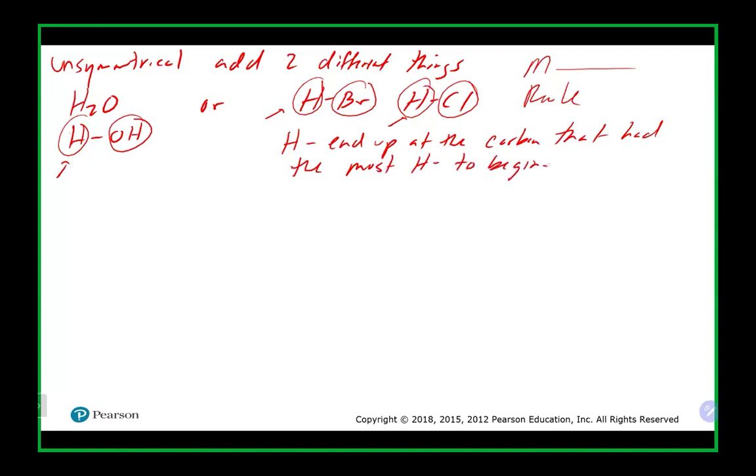Now, obviously, if there is no difference in the amount of hydrogens, it doesn't matter where you put it. You can put it on either one. But if one of the carbons in the double bond has more hydrogens than the other to start with,